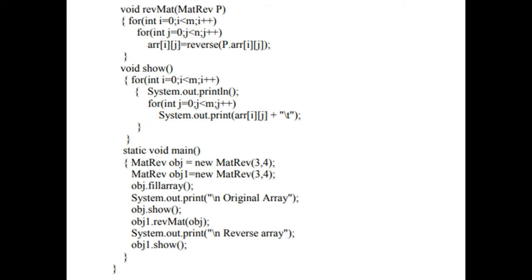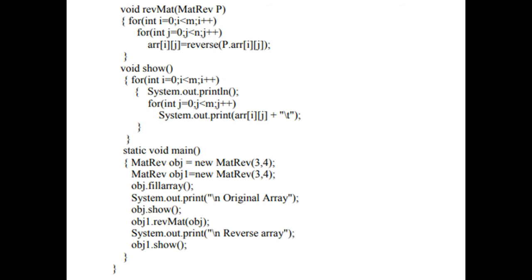So in this reverse, we are using the call by reference technique, children. Reference means passing through the object. That's why you can see Matrix is the name of the class, and the object is created inside the parameter as p. And with the help of this p, we are calling that reverse part. So p dot array ij. So ultimately what we did in this part is, we took the reverse one and we stored that in our original one.